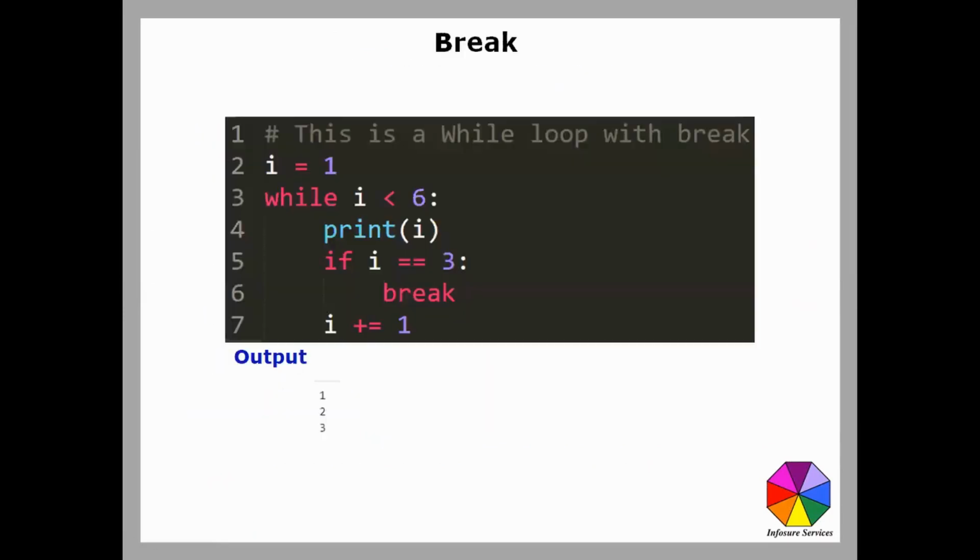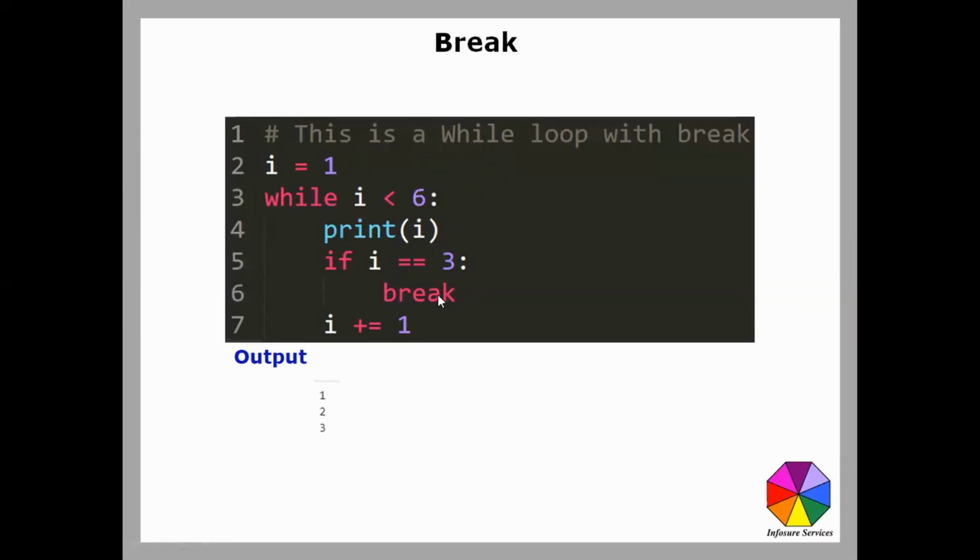This is where I want to come to. When you have a loop, we have seen a while loop earlier. While true is an infinite loop, always going to be true, but you can evaluate a condition like this: while a condition. Here I've initialized i equal to 1, while i less than 6 colon. Then it's printing i, and at line 5 I'm checking if i is equal to 3